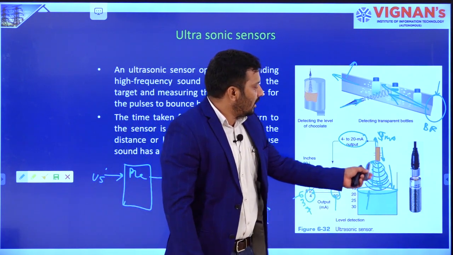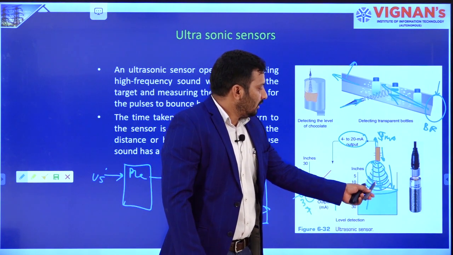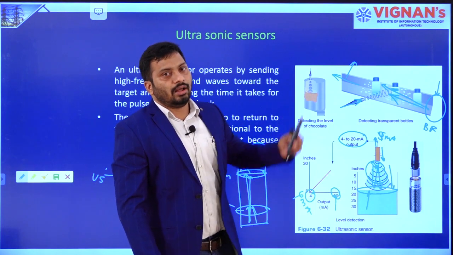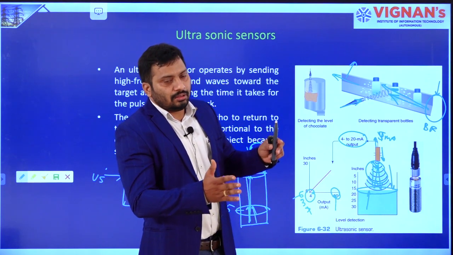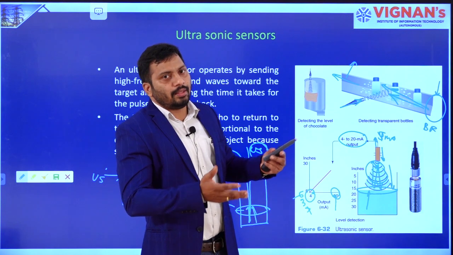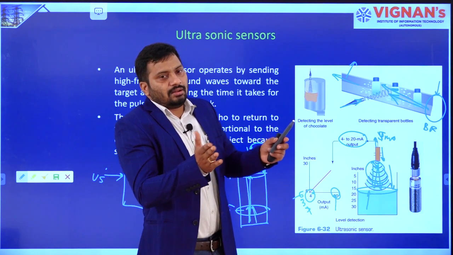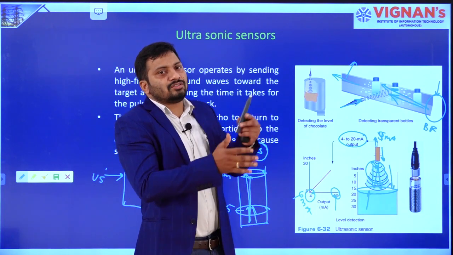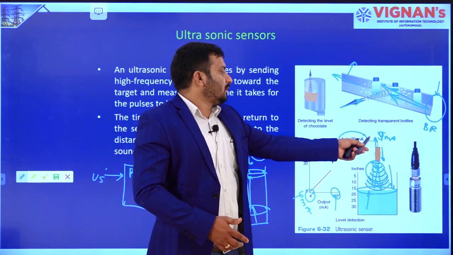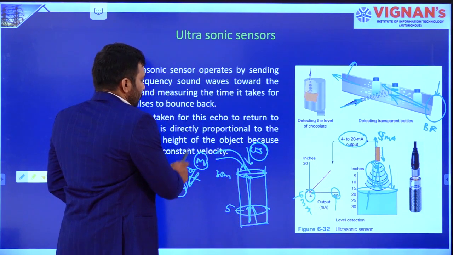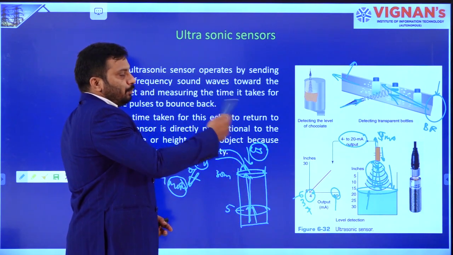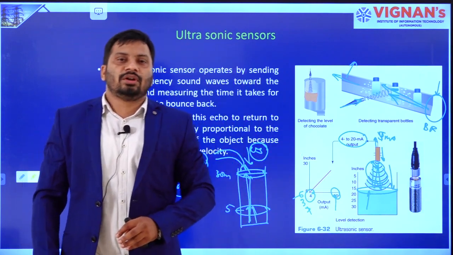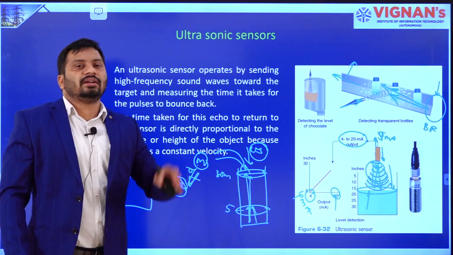How it is measured: the ultrasonic sensor depends upon the time it takes to receive back the sound waves. Constant velocity sound waves are moving, right? Depending upon the time taken, distance is calculated. Depending upon the distance, current is changed. Depending upon the current output, which acts like an input to the PLC, at the output end the motor is going to be switched on and off to fill the liquid in the tank.